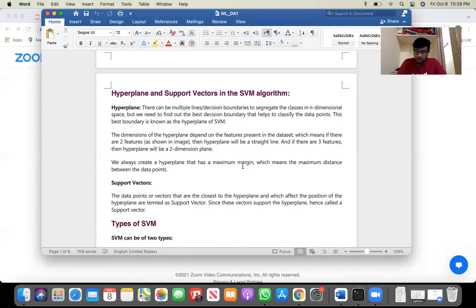We will first train our model with lots of images of cats and dogs so that it can learn about different features of cats and dogs, and then we test it with the strange creature. The support vector machine creates a decision boundary between these two classes, cat and dog, and chooses the extreme cases, the support vectors. It will see the extreme cases of cat and dog. On the basis of the support vectors, it will classify it as a cat.